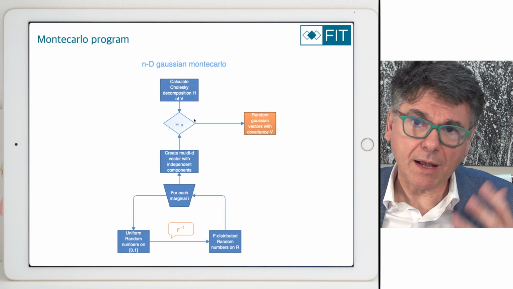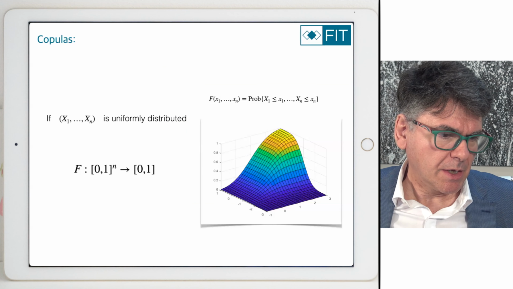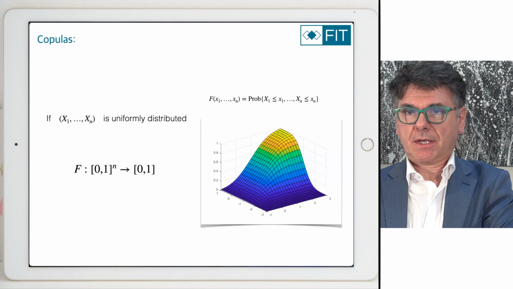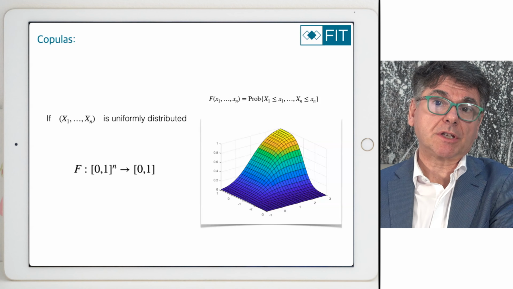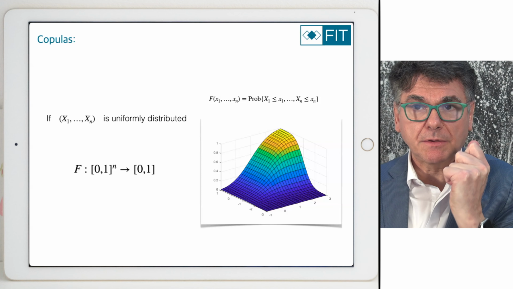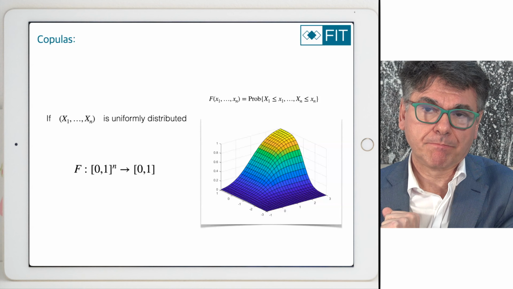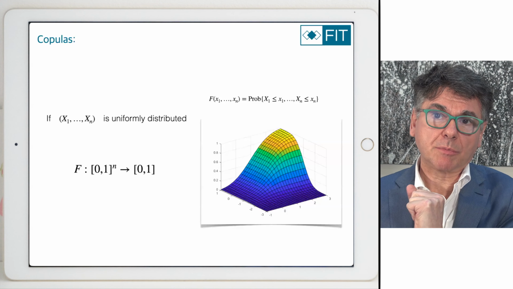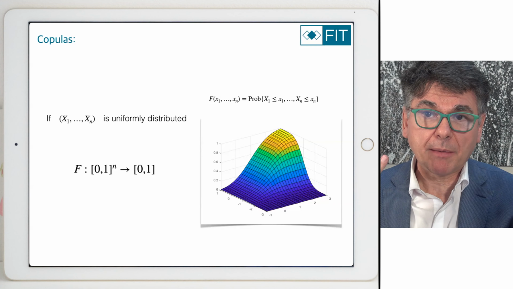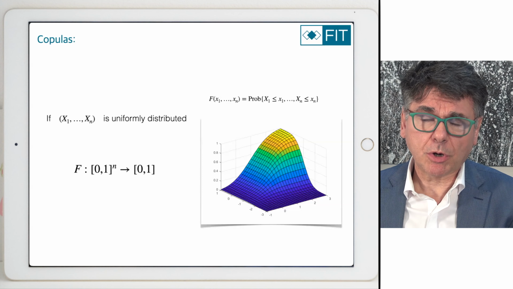And I think now I have my Gaussian discussion complete. But let me finish by telling you how you can do sampling in non-Gaussian environments. Because if the environment is non-Gaussian, then we lose a tremendous property, which is that the dependent structure is given by the variance-covariance matrix. A matrix is a very simple object. And if the dependent structure between my variables is given by a matrix, then I'm in good shape. As you saw, I generate numbers, I multiply by a matrix, and I'm done. In a non-Gaussian world, you cannot do that. Things are much more complicated.